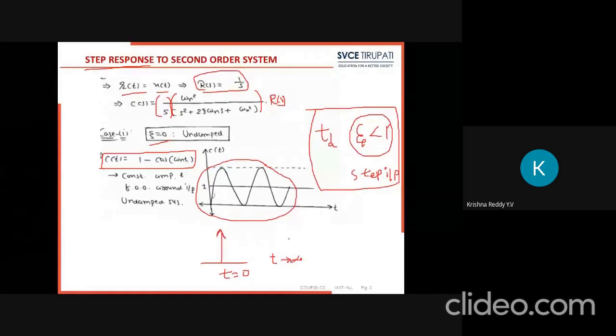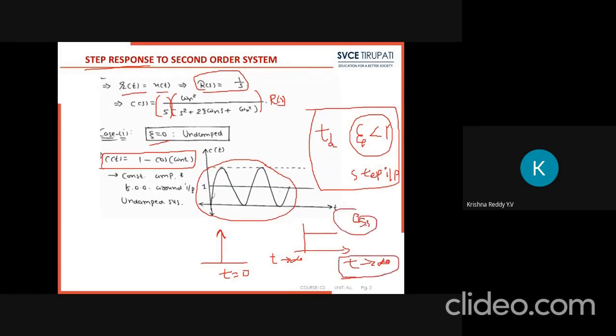But when you take the unit step input, it is available even as t tends to infinity. In order to find the steady state response, we need to go up to time t tends to infinity. Steady state error is also found as t tends to infinity. For that purpose we choose the step input to calculate the time domain specifications.